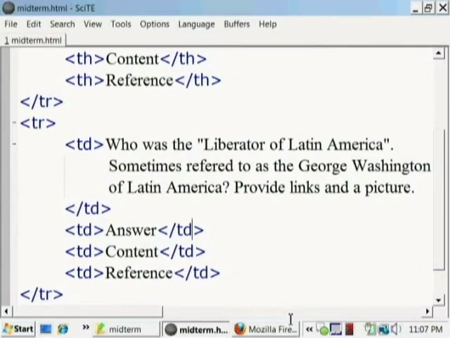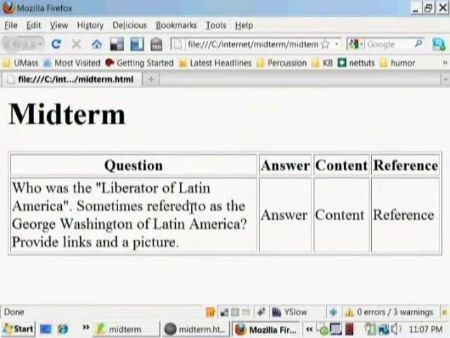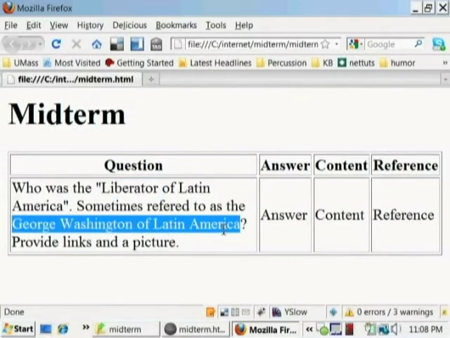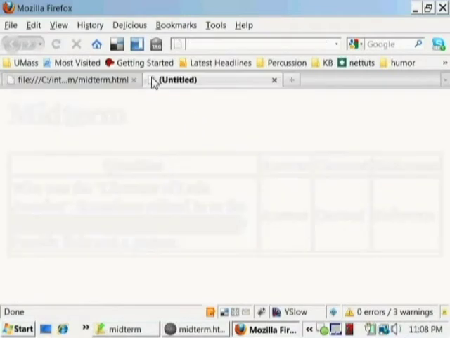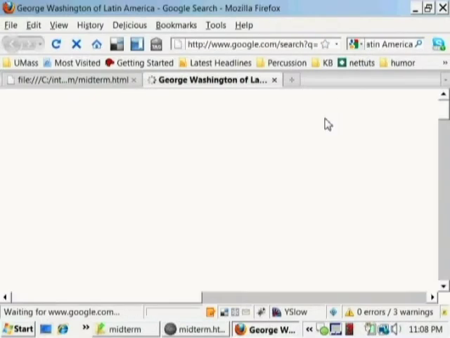All the other ones were not really rows, they were headings. So let's save that. Let's refresh. There we go. Okay, so let's look up the answer. We're going to copy some of the clues here from the question. Let's copy, let's see, the George Washington of Latin America. So let's copy that and let's head over to Google and type in that terminology to see what we